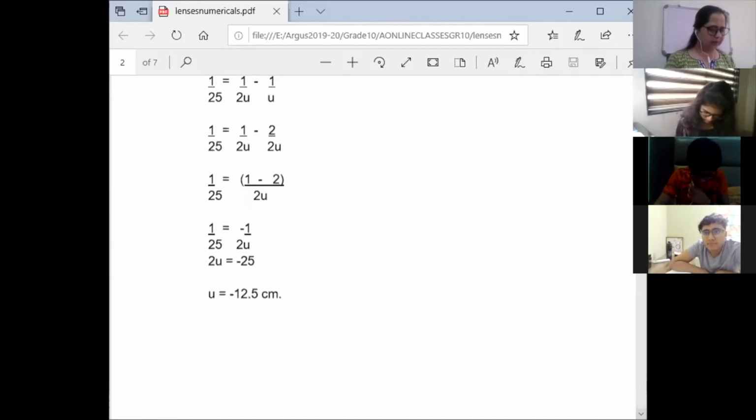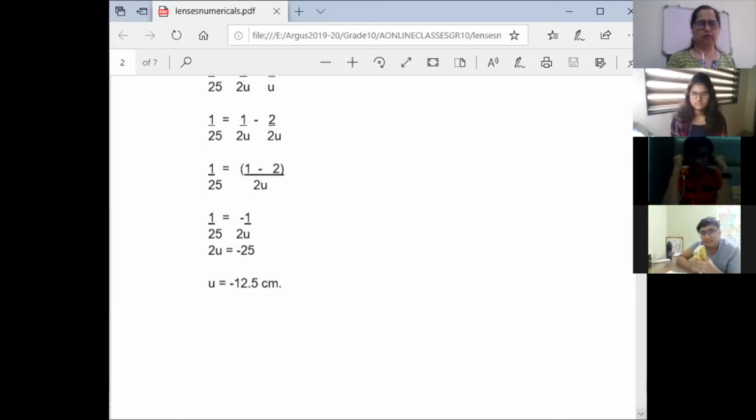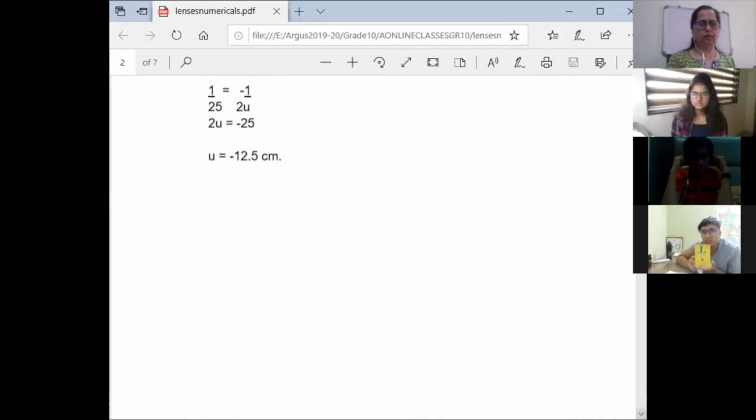V equal to -3U. So same way as we have done the sum, instead of V, now you will substitute -3U and do it. If you're not able to do it, don't worry, I will solve it for you, but I want you to try it. Okay? Now the fifth one. So fourth one is homework. Now let us go to the fifth one.